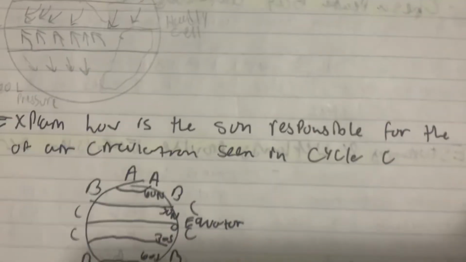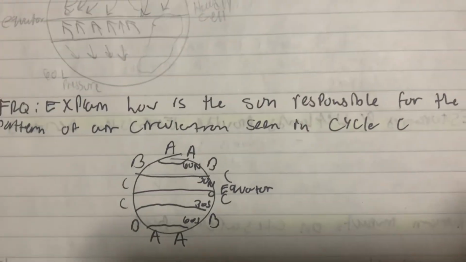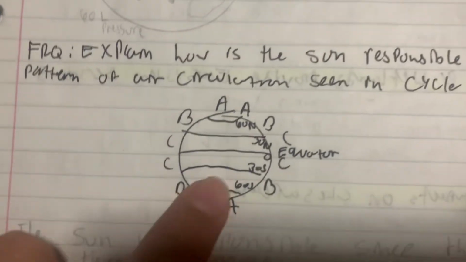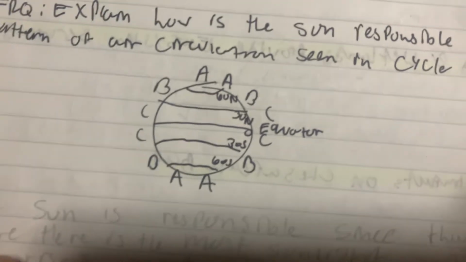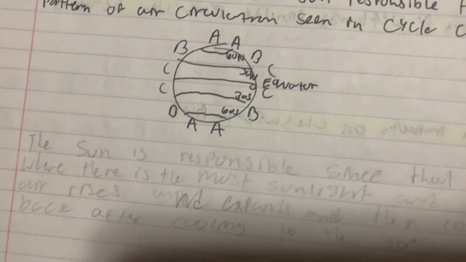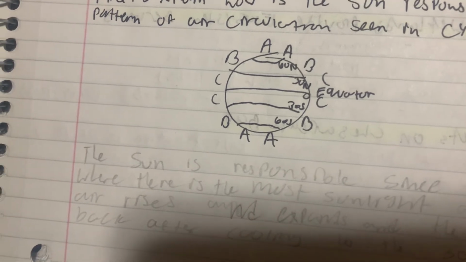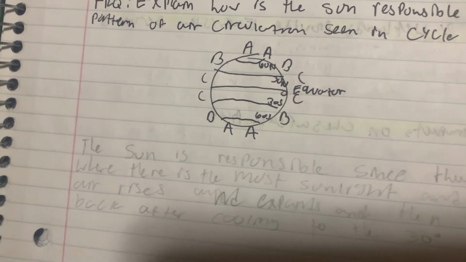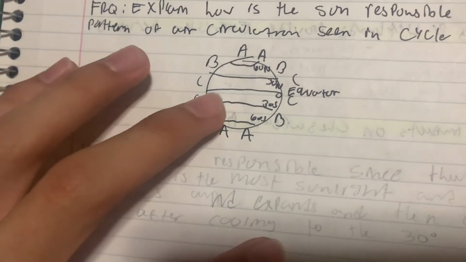And then the FRQ, which is explain how is the sun responsible for the pattern of air circulation seen in cycle C, which is this image from the video. And then the sun is responsible since that is where it is the most sunlight, and the air rises, and then it expands. Then it comes back after cooling,